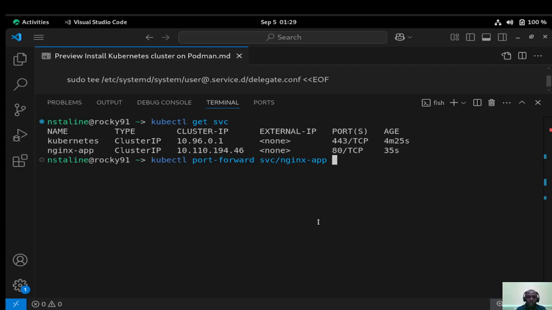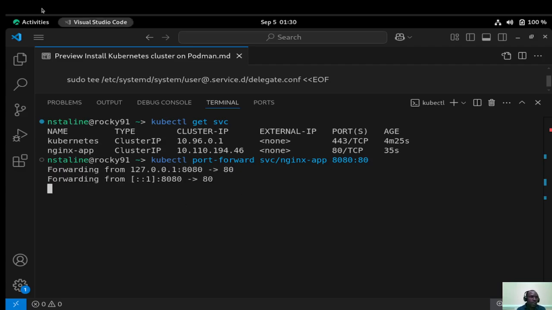We need to expose that, and we have to do that with the port number. So we're gonna say 8080 from our local machine, and the service port is going to be this. So we're going to do this, and now we take this IP, so we copy that,